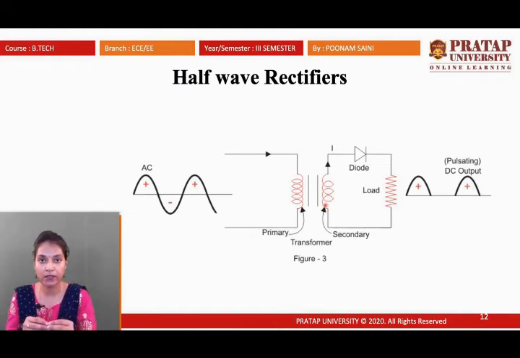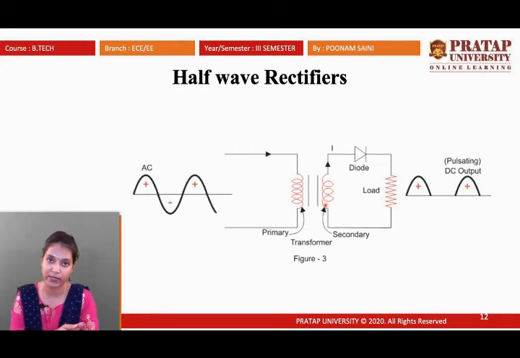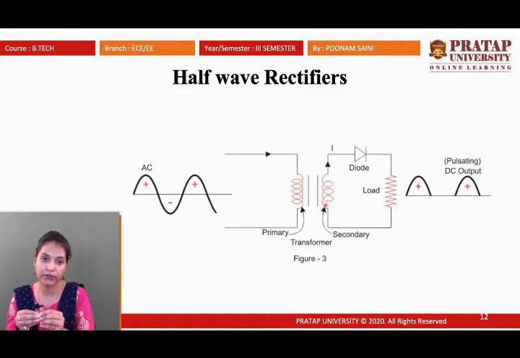So if we apply forward biasing, what is forward biasing? Earlier we talked about forward biasing. What is forward biasing and what is reverse biasing? Forward biasing is when the positive part of the diode, that means the anode of the diode, is connected to the positive part of the power supply, and the negative part of the diode, that means the cathode of the diode, is connected to the negative part of the power supply. Then the diode is in forward biasing. Positive, positive, negative, negative connection.